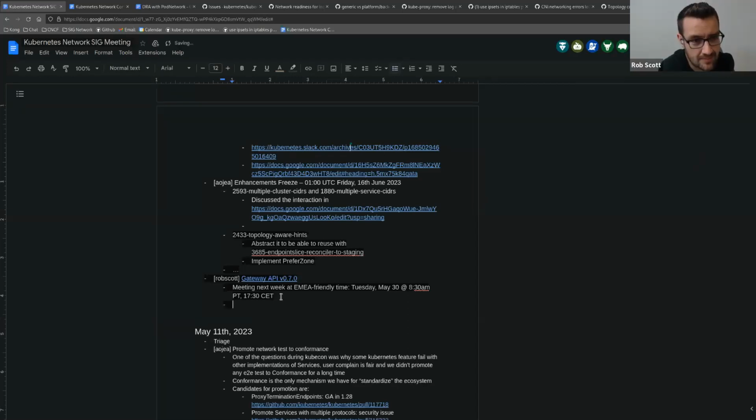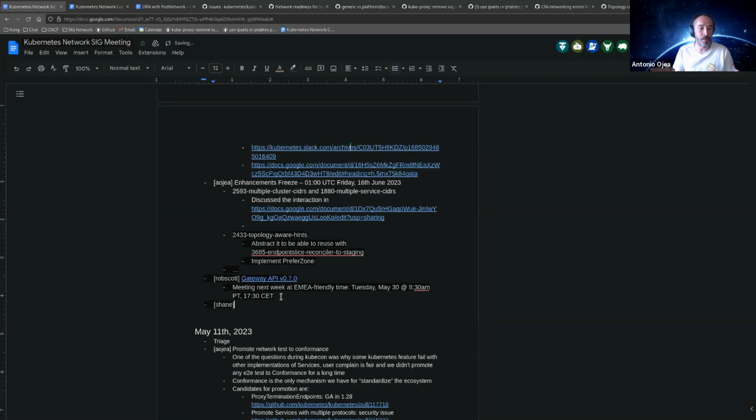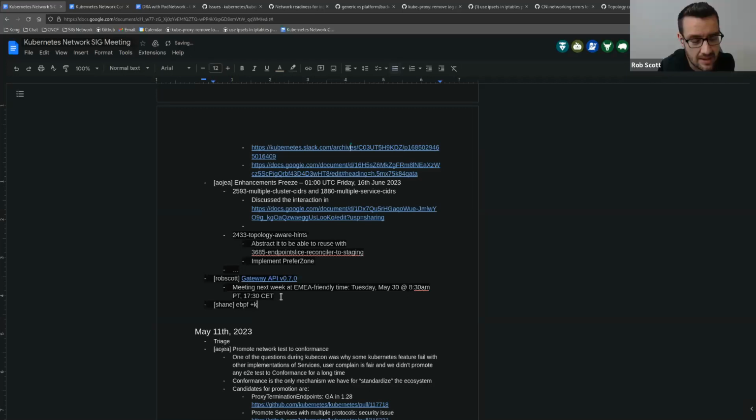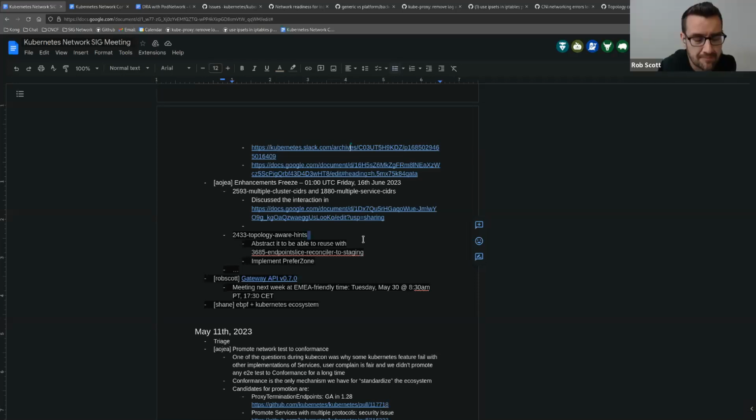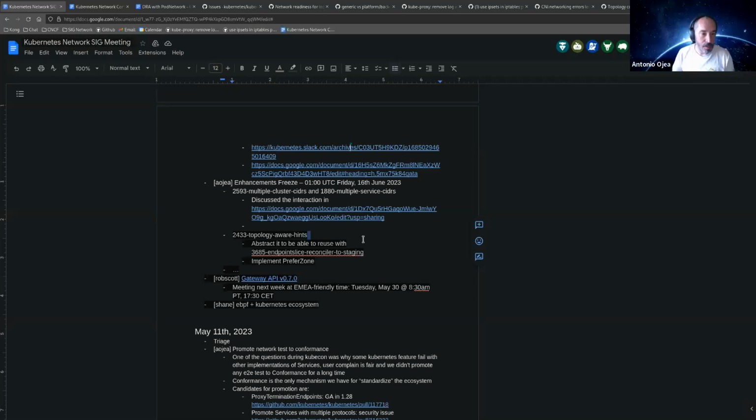I think the criteria to have something GA on this feature is to provide the full functionality. That is, people have an API endpoint to add hints, a label that does things with hints, and a reference implementation on how to do things with hints. And I think that is a pretty successful criteria to be GA, because the big demand is prefer zone, but we want to give people flexibility too, right? And I think with this we have both things.